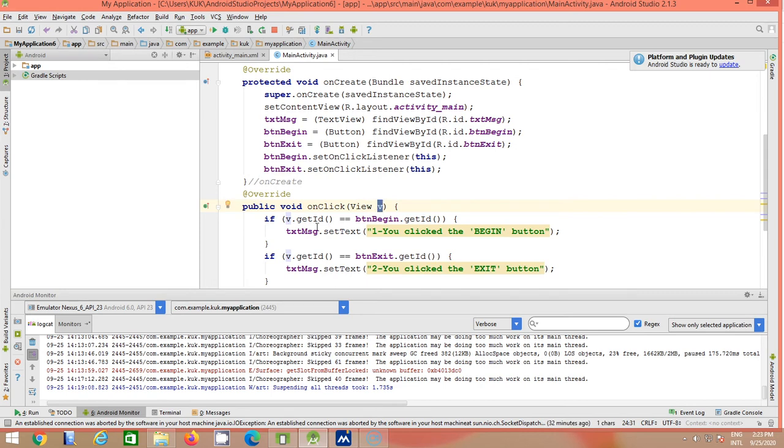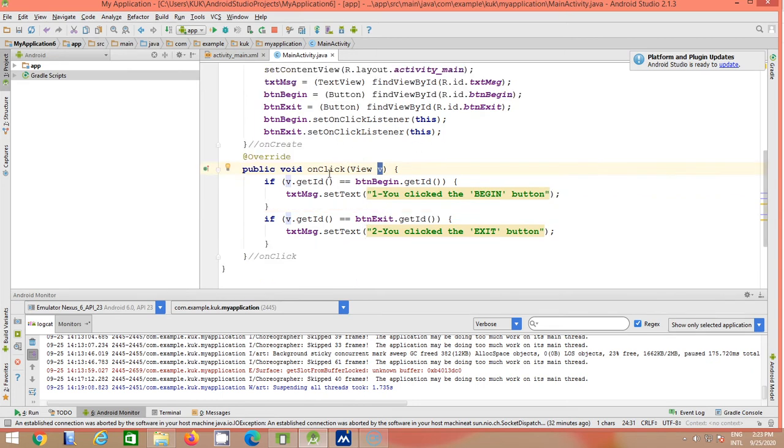So what we will simply do, we are simply finding out the id of the button. For that we have used a method known as get id. So to obtain the id of any widget we have used the method get id. Now when the user clicks on any button, maybe begin, maybe exit, whenever it comes to your on click method, corresponding to that we have simply obtained the id of that view, that is, what is the id of that view. We will obtain it by the method v dot get id.